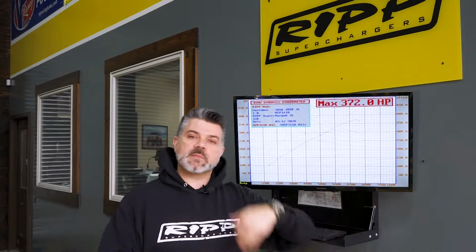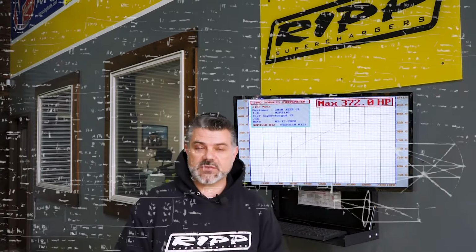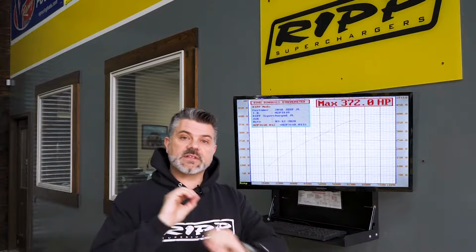And so if you do the math, the way you would do that is we know these vehicles make 220 at the rear wheels when you test them. And that's about a 20% drivetrain loss from the 285. So you do that math quickly with your phone or whatever calculator you have around. And then when we add the 150 horsepower at the rear wheels again, and you do a little bit of math there and add the 20% drivetrain loss to this number, we're 450 plus horsepower. So again, we're trying to be as clear as possible when we say we advertise rear wheel numbers,